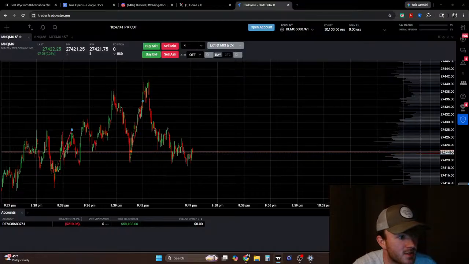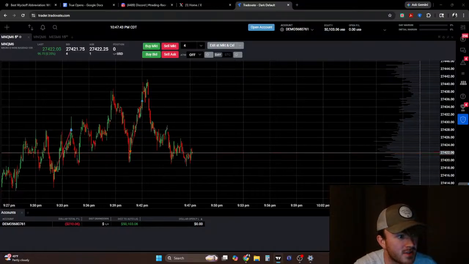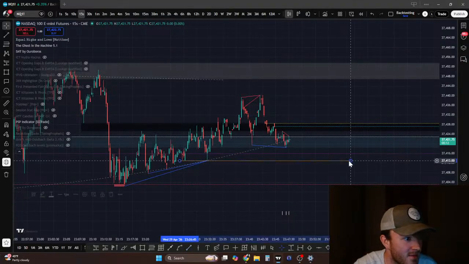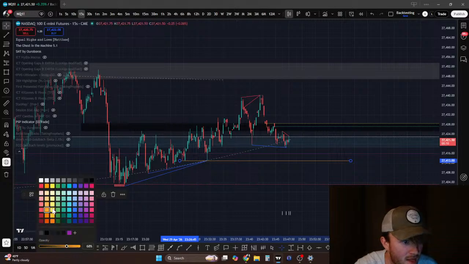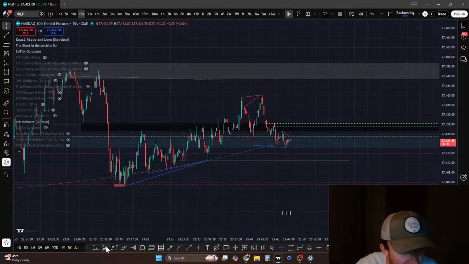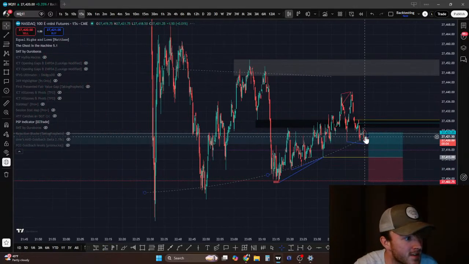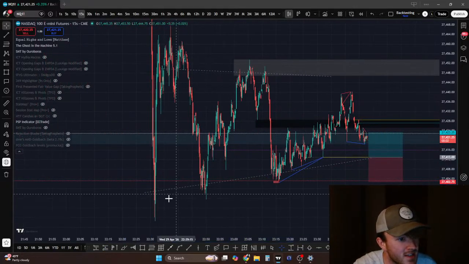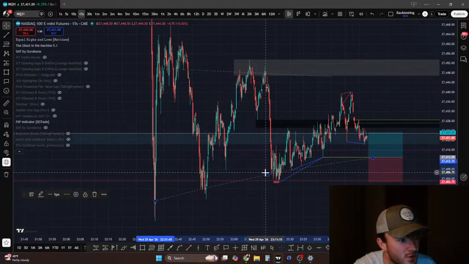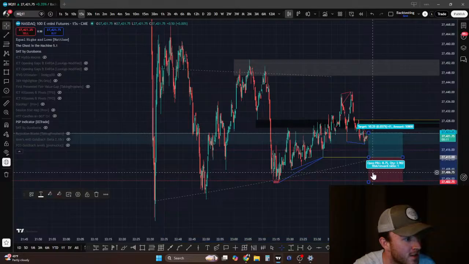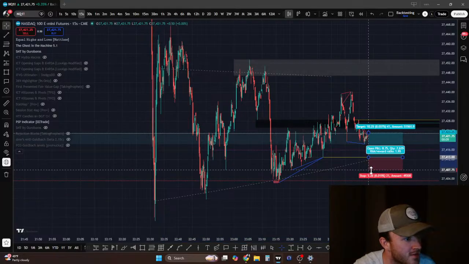There's equal lows, so I wouldn't be surprised if this right here is a sweep. If you want to have some fun, you could try sweeping this. That might be fun. Hey, this is technically Vol model, is it not? Let's try this. I usually think of Vol model for shorts, but this is Vol model for longs. I kind of want to try this as Vol model. Let's go ahead and try it. It'll be very aggressive.